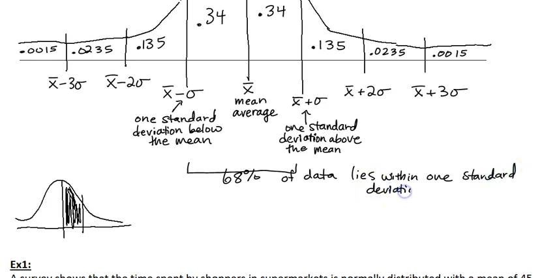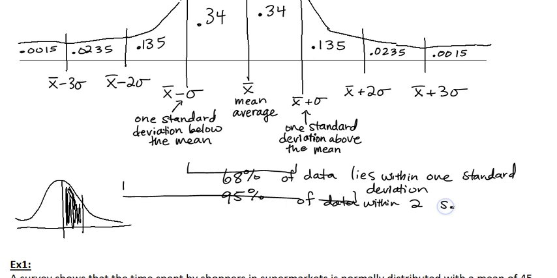If I go out to 2 standard deviations, that would be 95% of the data is between, and 2 standard deviations between. Sometimes students use 68 and 95 to help them remember what these numbers are. So 95% of data is within 2 standard deviations. I'll abbreviate SD. And then if I go out to the third one,